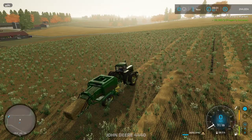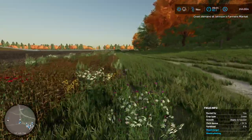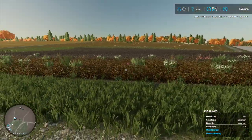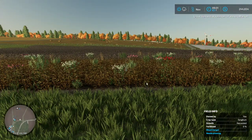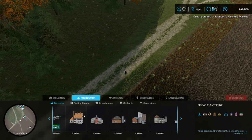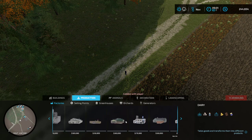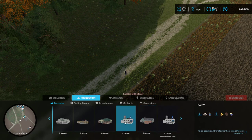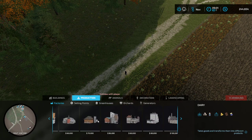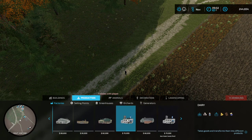Okay. Let's go. So, we want to put a dairy right here. So it's under production, and I guess it's a factory, bakery, carpentry, dairy. I think we only have the base game. Do we like this one? I do kind of like that one. Or do we like this one? Yeah, I think this one looks...